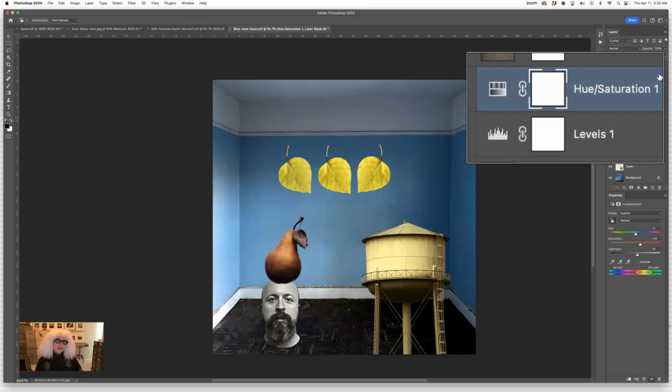And you can see that it has a kind of partial frame, like a little white frame around it. The one below it does not. That frame means the mask is active, and if you take a paintbrush and paint, you'll be painting on the mask. And why would you want to do that? I'll show you. It's the gateway to all control in Photoshop. That's why. So I'm going to zoom out of this,